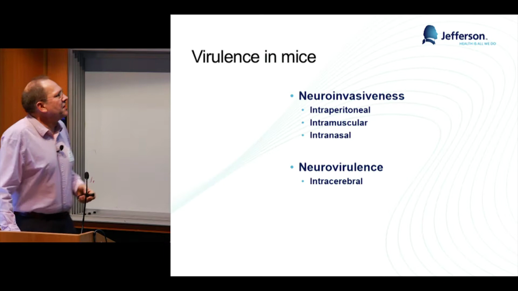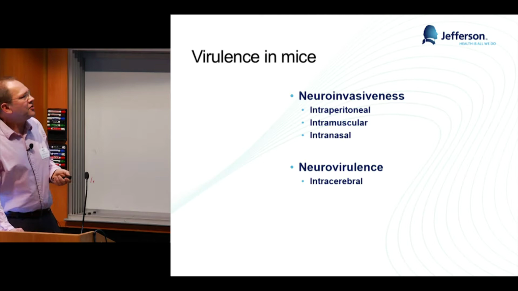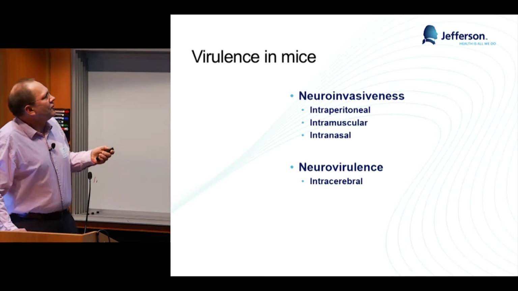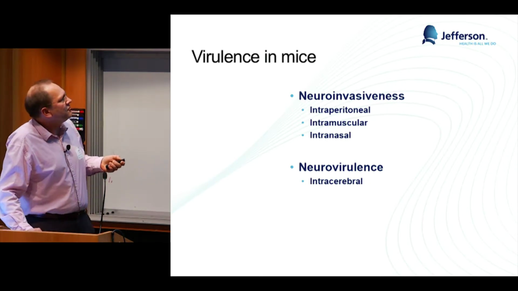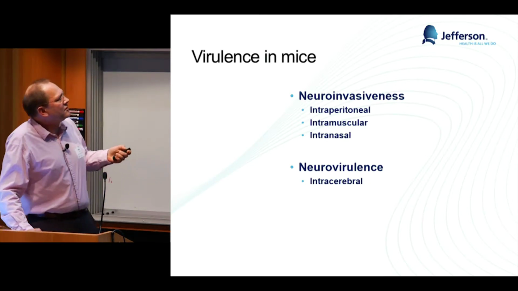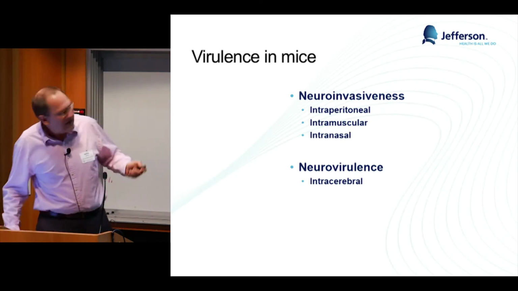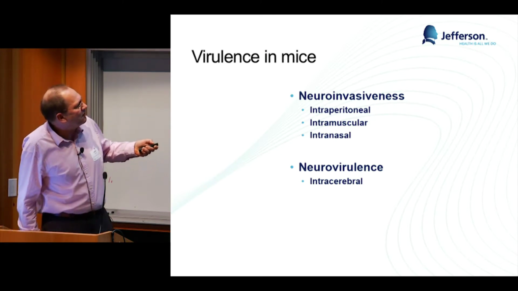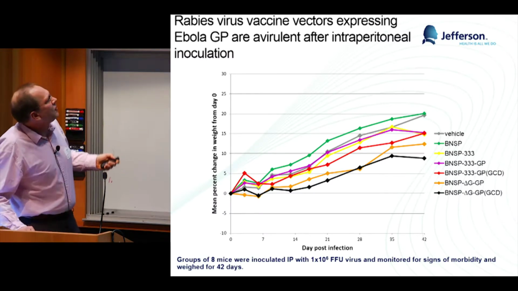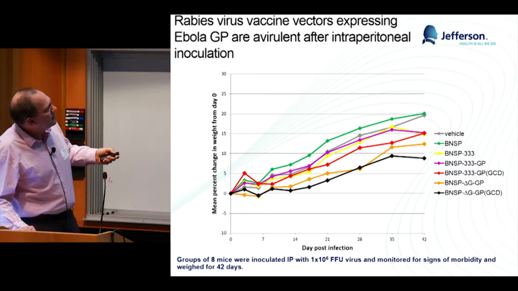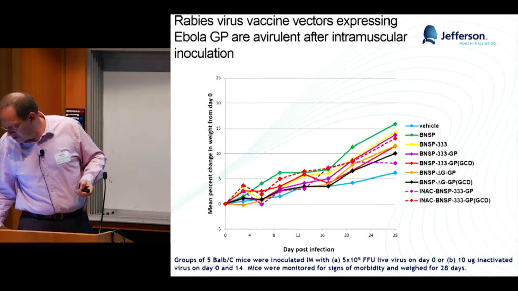So this virus we constructed. I'll just show some pathogenicity data before I show the monkey data. What you normally do if you have a virus and you eventually want to use it also as a live virus, you do different inoculations for the potential of this virus to invade the CNS and for spread and neurovirulence, by direct inoculation into the brain. And basically what you can see here is that after IP inoculation, the weight of all the mice goes in the right direction, so there's no pathogenicity.